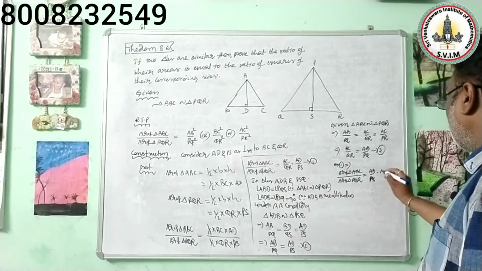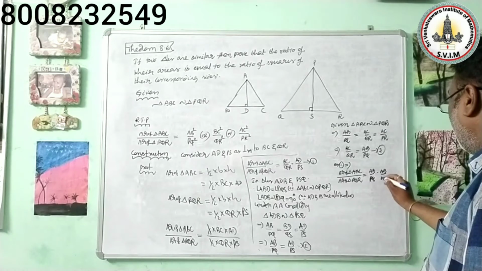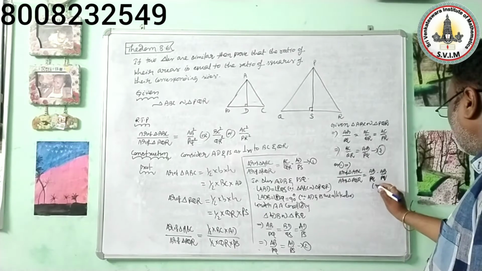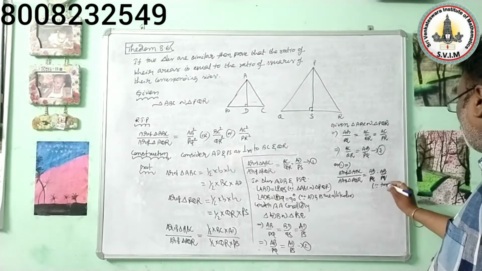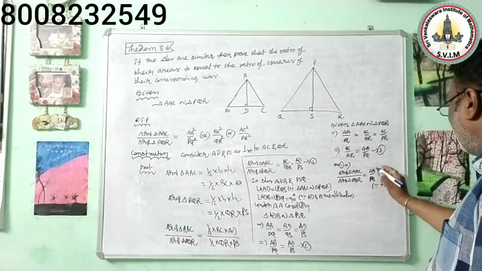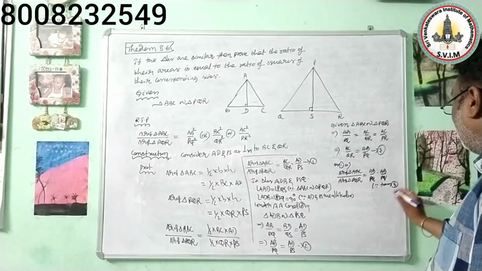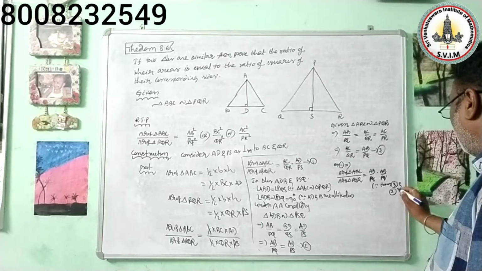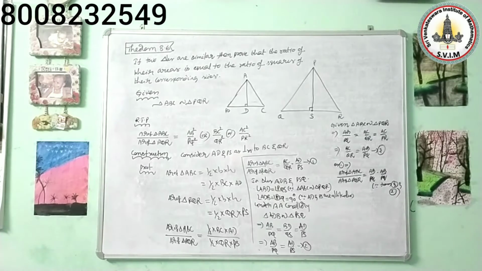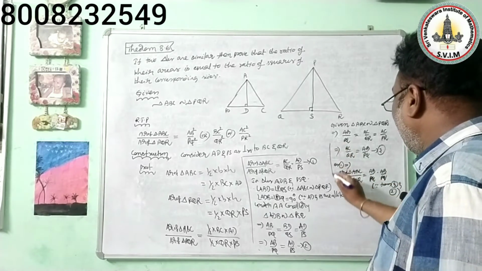AB by PQ. So hence you need to write the reason: this one from 3 and this one from 2, from 3 and 2. Okay, similarly,